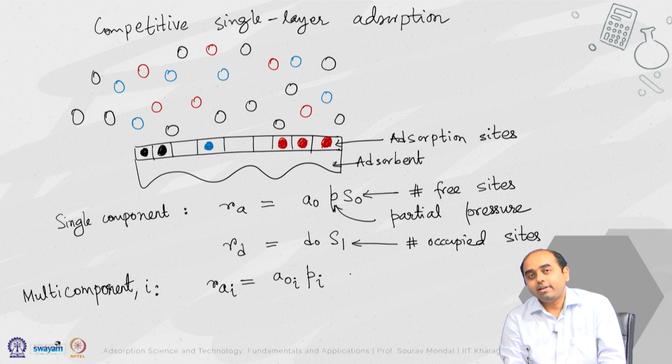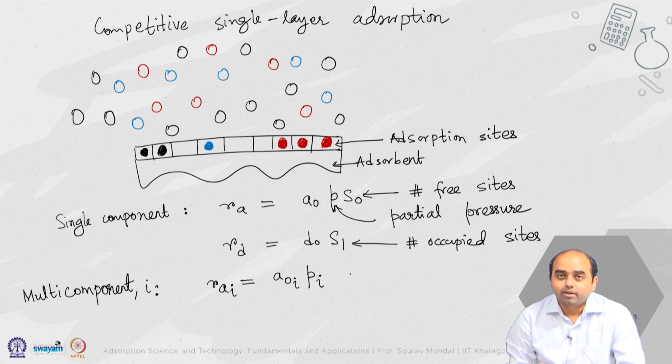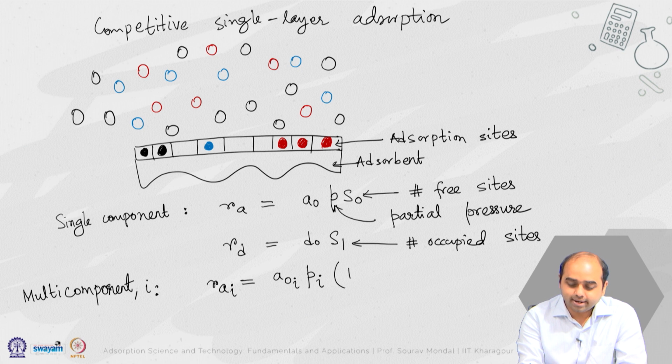The available free sites can be understood as the subtraction of the occupied sites from the total number of sites. So, this is the total number of sites